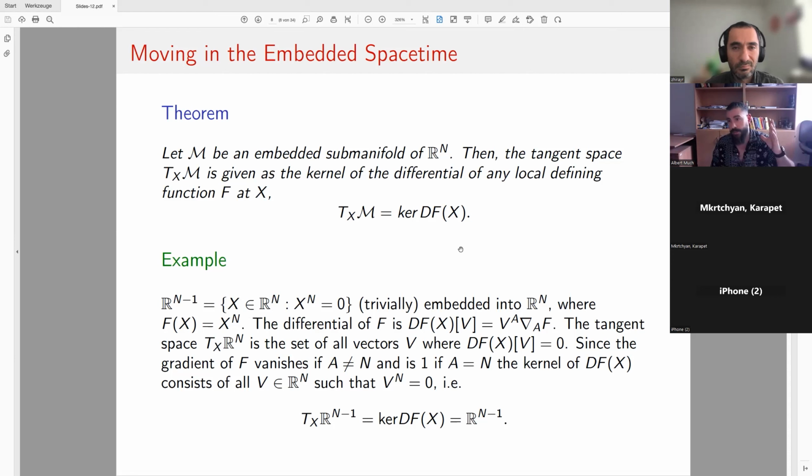However, for the sphere, for example, this is not true, right? You have a sphere or a circle. If you translate too much in that direction, you're already out of the circle. So how to move in these embedding spacetimes? There's the geodesic map, but